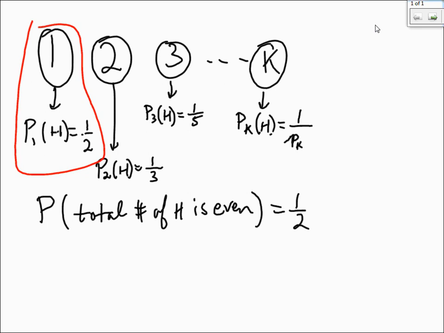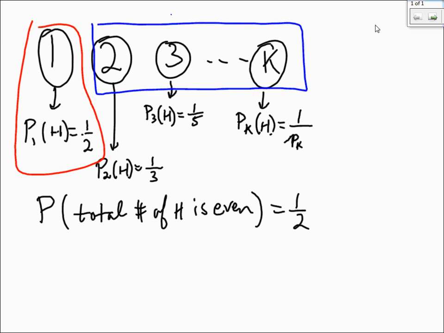So let's concentrate on tossing coins number 2 through k. Now, if 2 through k produces an even number of heads,